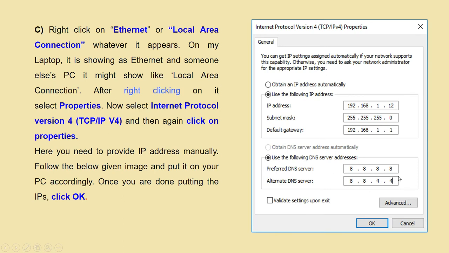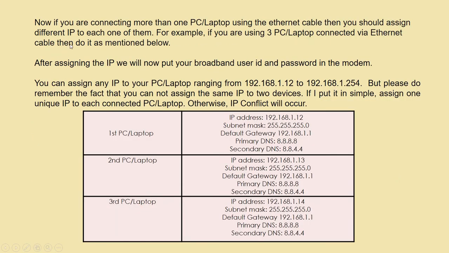Now if you are connecting more than one PC, what to do? After assigning the IP, we will put your broadband user ID and password in the modem. Then you can assign any IP to your PC or laptop ranging from this one to this one.